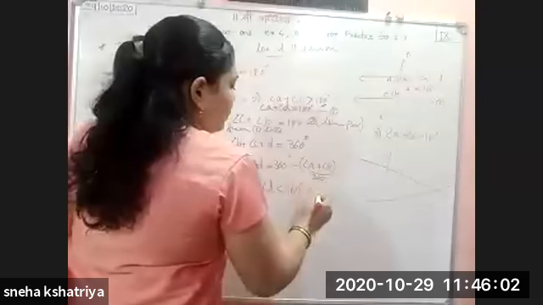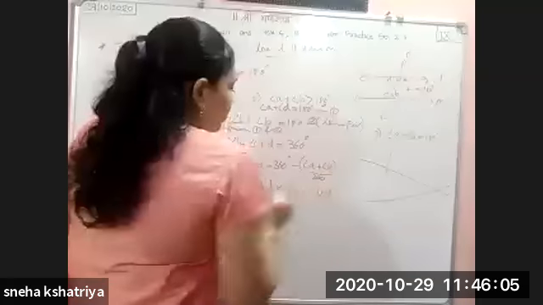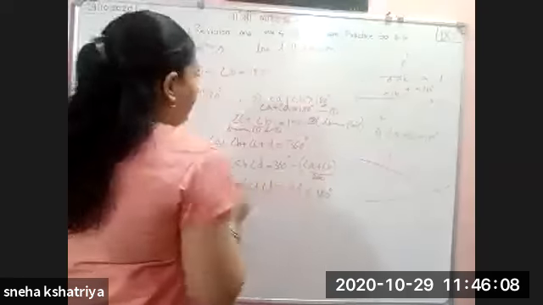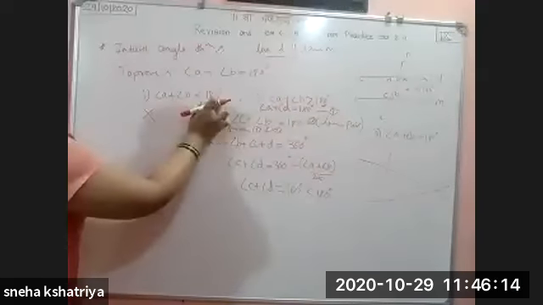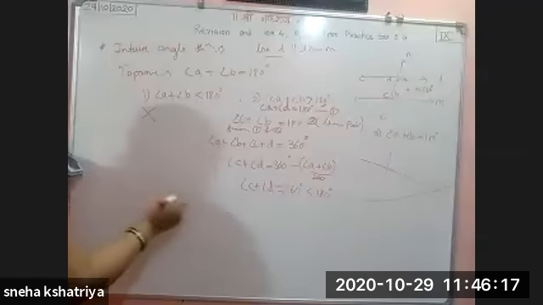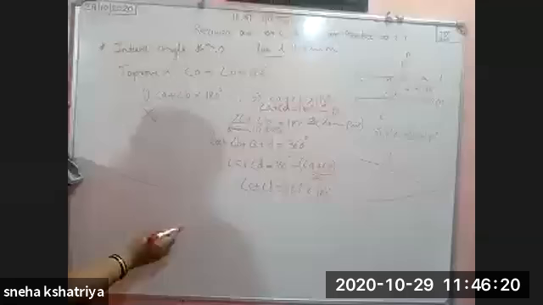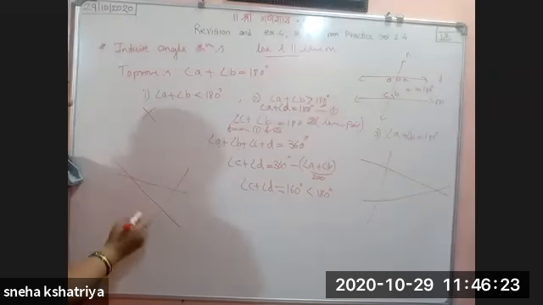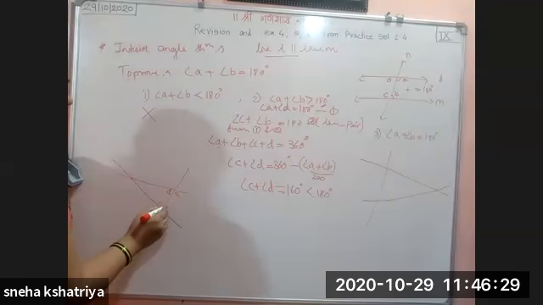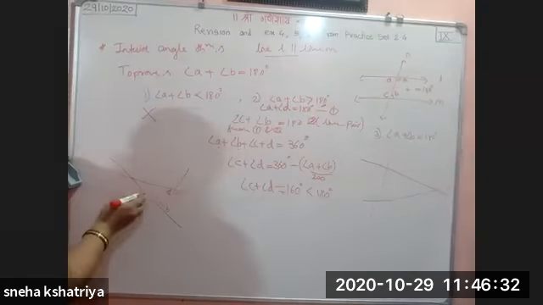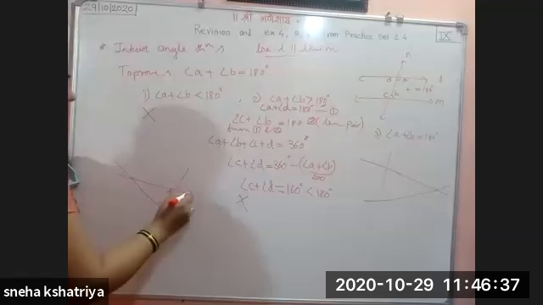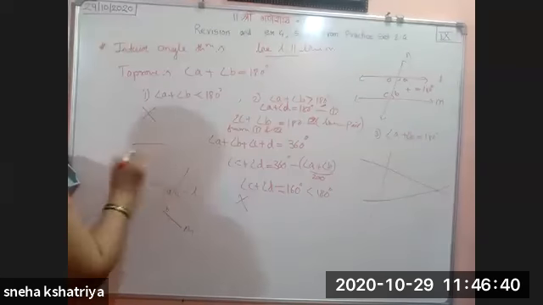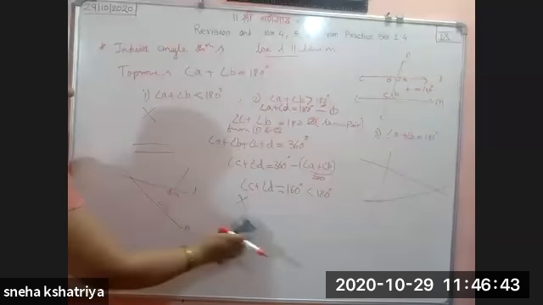160 is the value, which is less than 180. If the addition of these two interior angles is less than 180, then it becomes a contradiction, because if we extend these two lines, they will go and intersect somewhere. The addition of these two angles, C and D, will make the lines intersect. But this becomes again a contradiction, because what we are given with L and M are parallel lines.